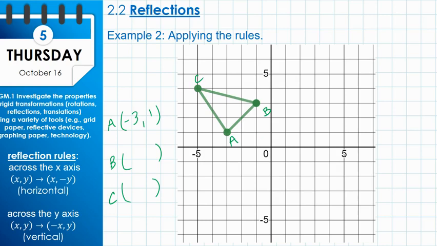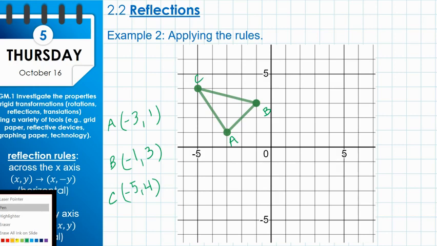B is at -1, 3. C is at -5, 4. For a reflection across the x-axis,